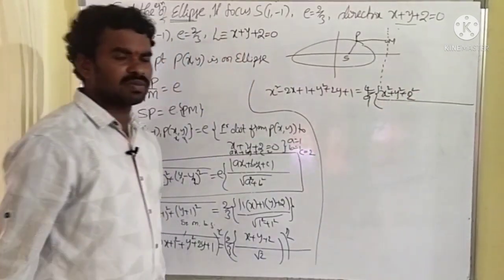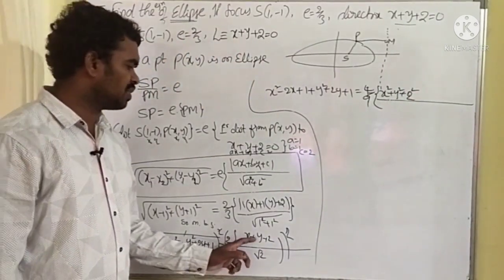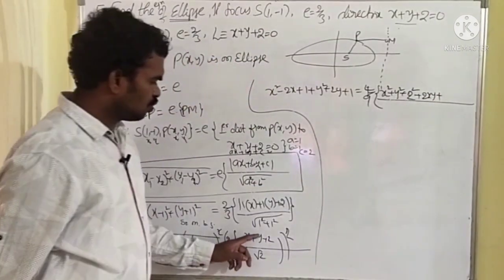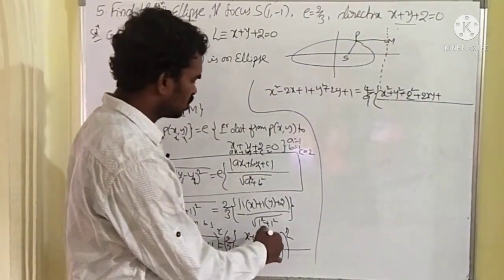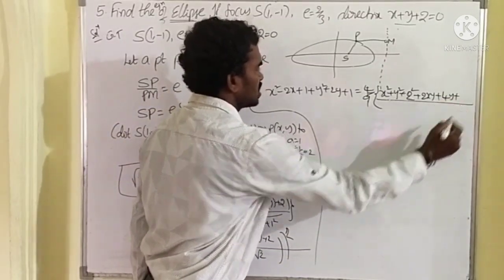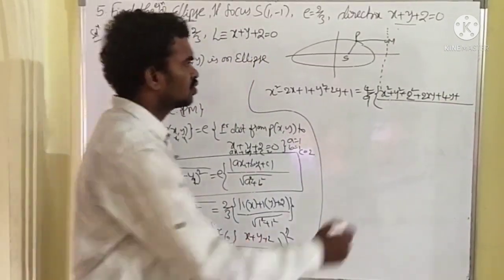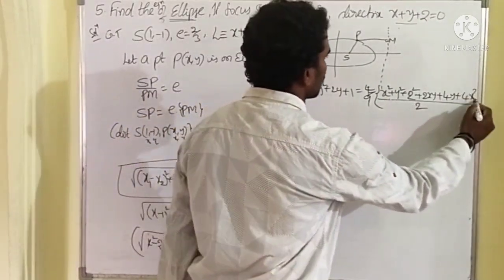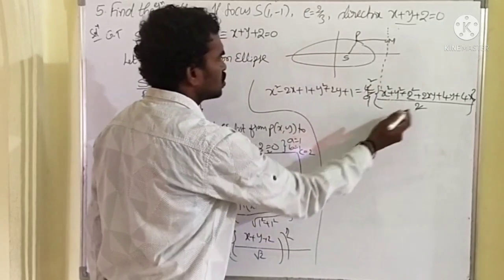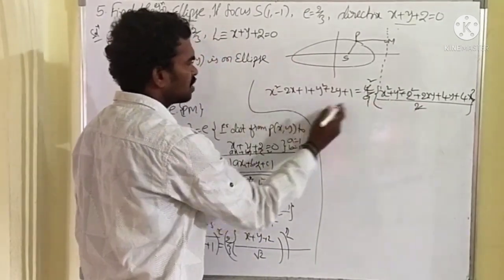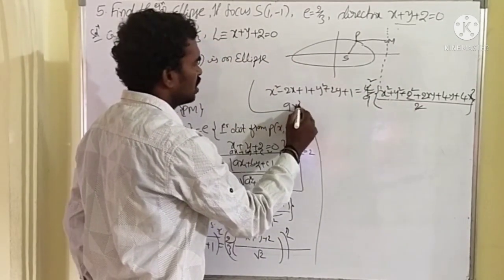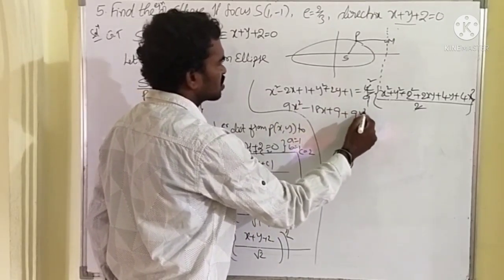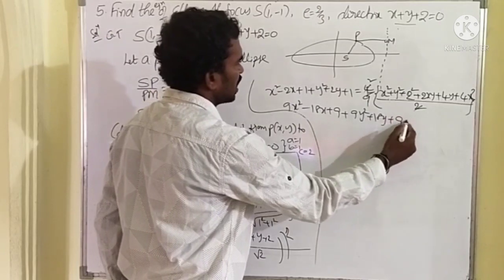So like that, x square plus y square plus 2 square. Next to 2ab means 2xy plus 2bc, how much? 2 into 4y, plus 2ca means 2 into 4x, by root 2 square means 2. So here 2 is cancelled. So 2 nothing, 9 is there, 9 bring left side, 9 into x square, 9x square, 9 into 2, 18x, 9 into 1, 9, 9 into y square, 9y square, 9 into 2, 18y, 9 into 1, 9 is equal.